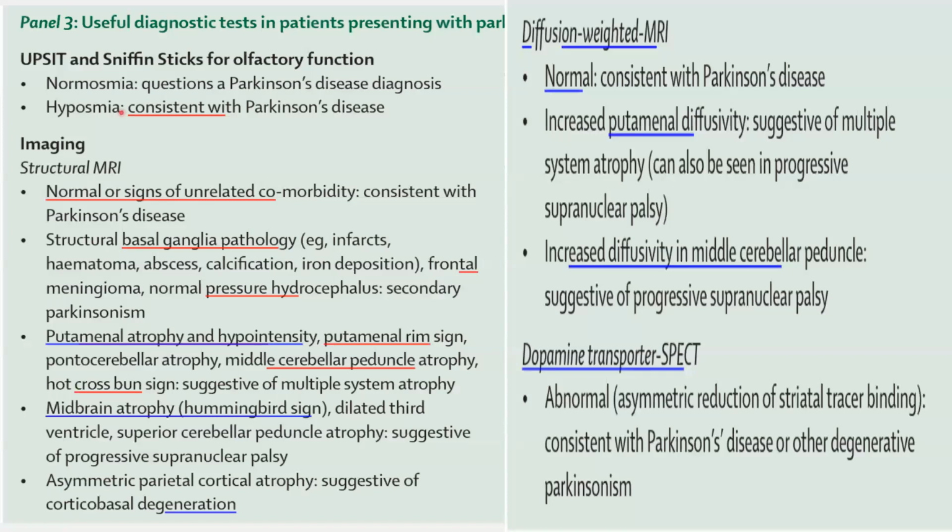Okay, and imaging is most commonly used to rule out secondary Parkinsonism. Like if the patient has acute or subacute onset Parkinsonism, symmetrical symptoms associated with systemic complaints, in that setting you need to rule out secondary causes by doing an MRI. And in degenerative conditions like multiple system atrophy and PSP, we can also see some signs like putamen atrophy, putaminal rim sign, cerebellar peduncle atrophy, and hot cross bun sign, classically seen in multiple system atrophy. And in midbrain atrophy, the hummingbird sign and morning glory sign can be seen in progressive supranuclear palsy. So typically we can see them, but not in all cases. So mainly MRI imaging is to rule out secondary Parkinsonism.